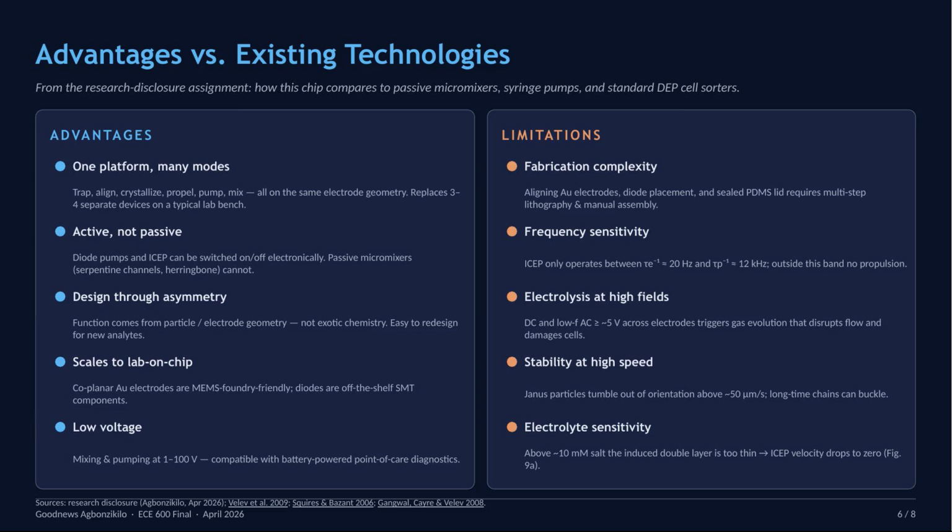How does this compare to existing microfluidic technologies? Advantages: no external pumps, low voltage, integrates trapping, propulsion, and detection on one chip, scales to multiple channels, and uses standard photolithography. Limitations: sensitivity to electrolyte conductivity, moderate Janus particle yield, electrode fouling under sustained DC, biocompatibility for live cell